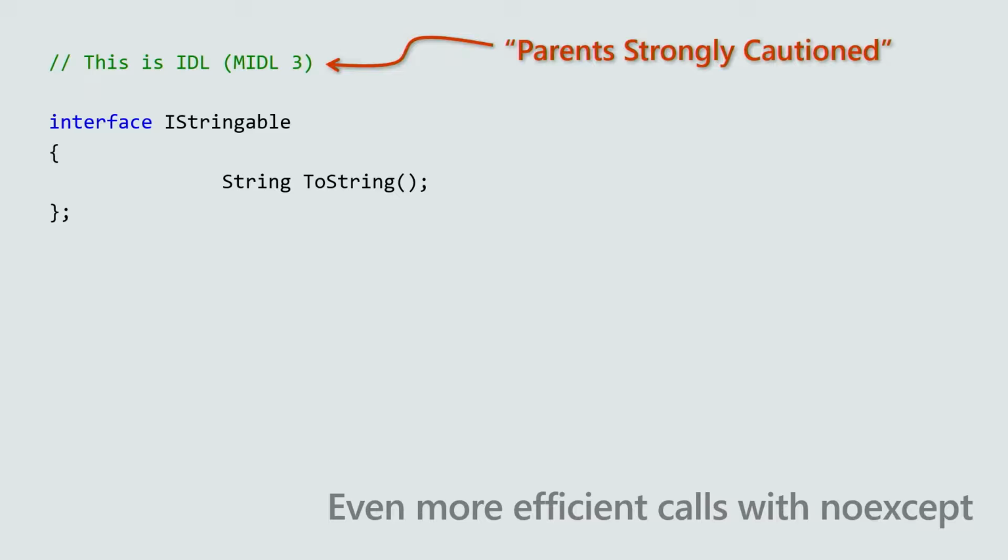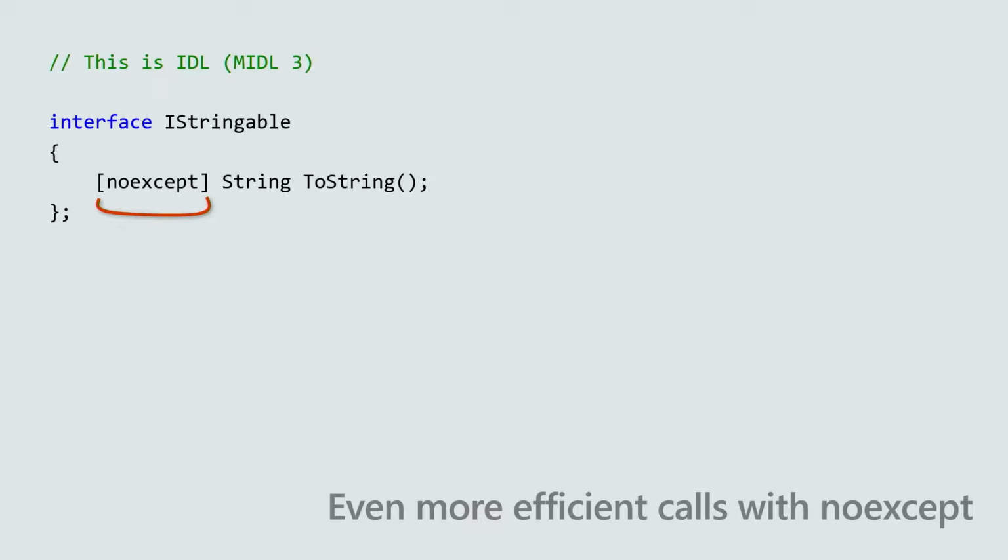Now, I really didn't want to have any IDL in this talk, but there's just this one slide, so please forgive me. I just want to make one little point about IStringable. So here we have the typical implementation of how you might define the IStringable interface in IDL. And now what we can do is add the noexcept attribute. And this turns out to be pivotal because we have the idea of noexcept in C++, as I mentioned, but we have no way of transferring that knowledge from your C++ code to someone on the other side of the ABI boundary. They don't know that you've marked your method as noexcept. And so in this way, we can actually declare that in the metadata and have tools pick up that knowledge and make use of it.